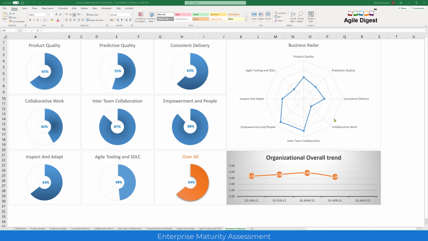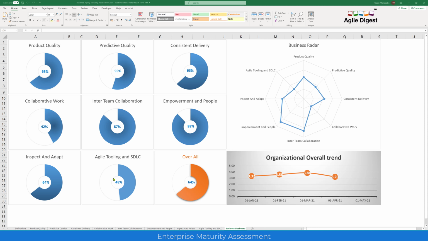You'll also be able to see a radar chart so that it can give you quick visibility of how the team is doing on different areas and where the improvement areas are. A quick trend day by day, whenever you have done your assessment. You have 5 different dates that you are doing. Maybe you are doing it every quarter or every month. Based on your need, it will show you the trend.